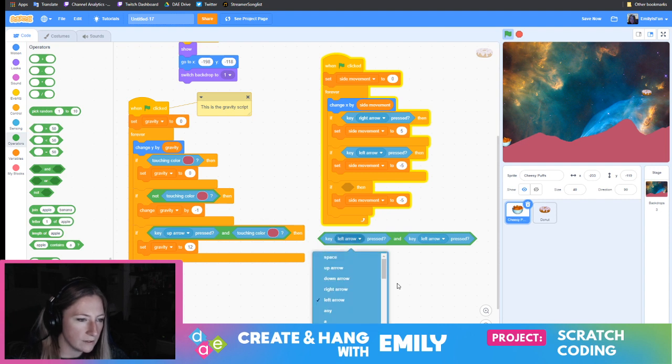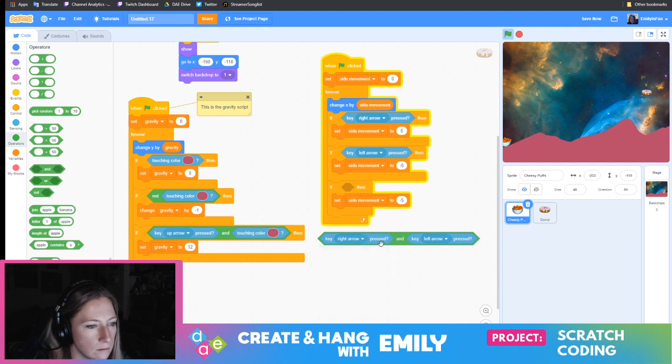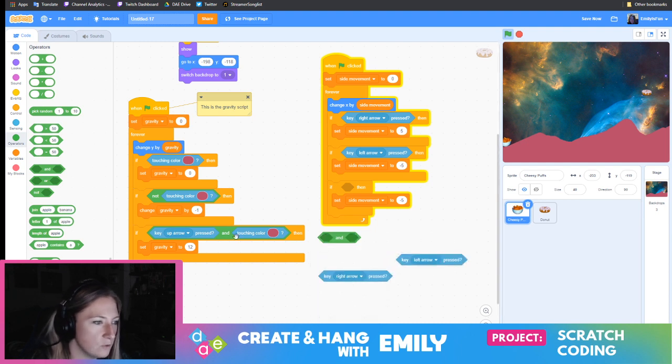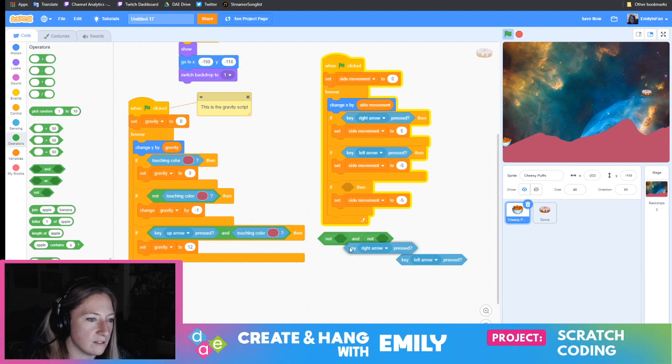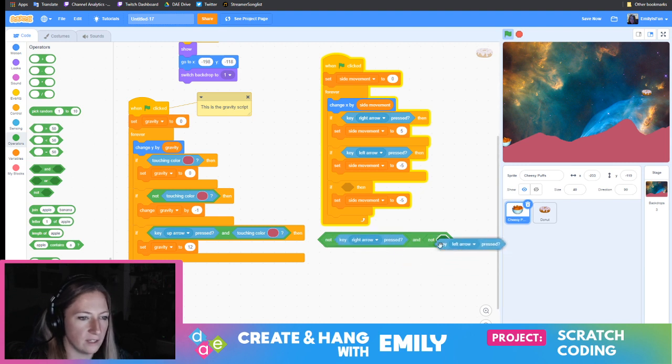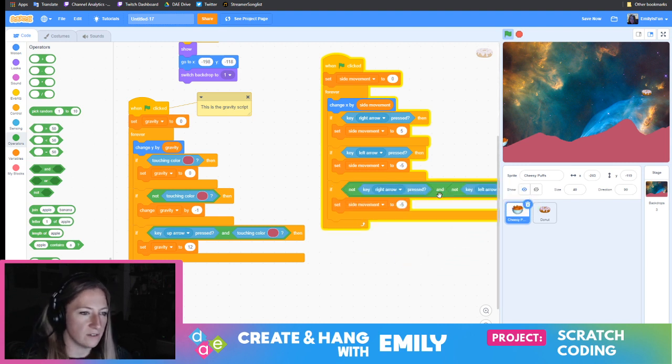If right arrow key is not pressed, I'm confusing myself. I need 2 nots. There's a lot of negatives going on here. I could be doing this the hard way. If you know of an easier way to do this, then definitely leave me a comment. So if this arrow key is not pressed and this arrow key is not pressed, set the side movement to